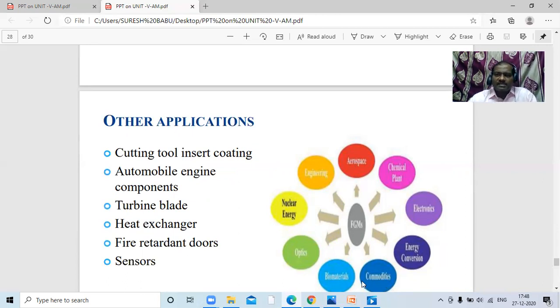Basically, this is a critical subject, students. Only the fourth unit itself is problematic, which we can practice and improve your knowledge. Okay, by this, one part of the syllabus is over, and the remaining things will be explained in the coming classes. Notes will be given for this in detail within 2 to 3 days. Up to now, I have explained about FGM. The second part is shape memory alloys that we will discuss.